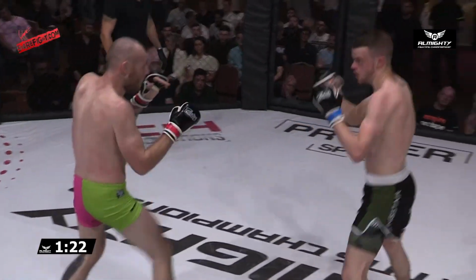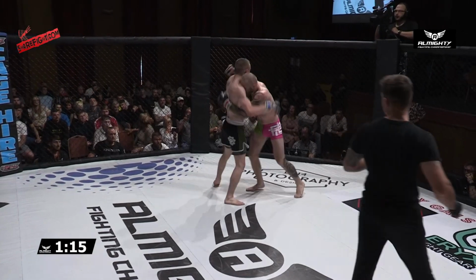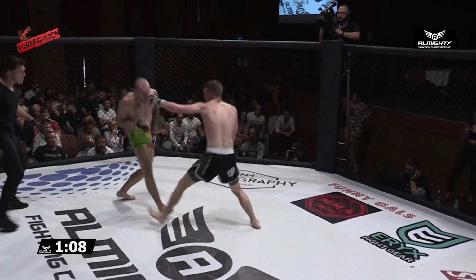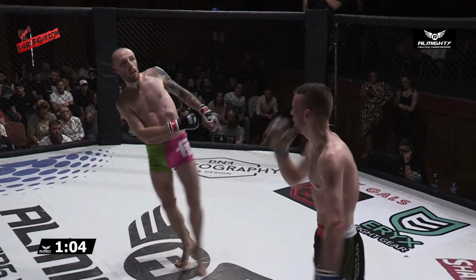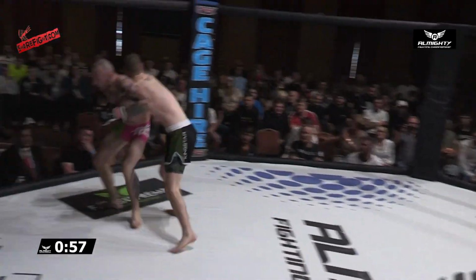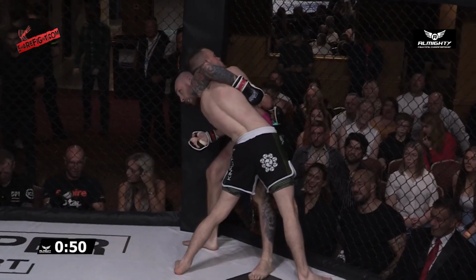And now we disengage, and we're back to distance in the center of the cage. Nice knee up the middle again for Parkinson, who is happy to be in this clinch position. Another good knee. You hear the corner. Good shot coming in there from Parkinson. Heard the corner of Parkinson asking him to work behind that jab, work behind that stiff jab. But Buckley in,